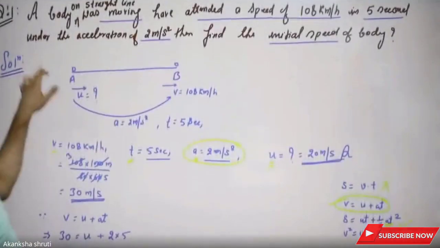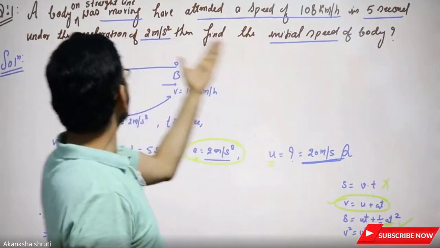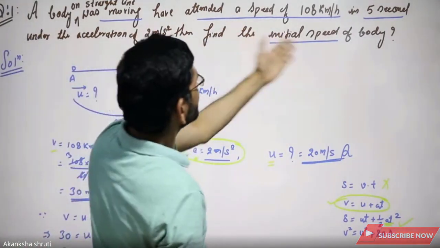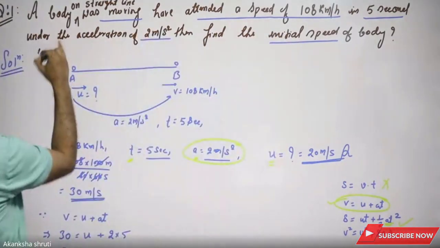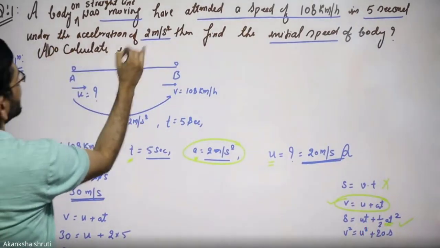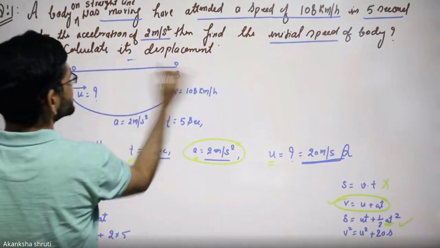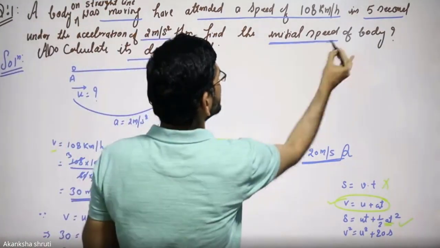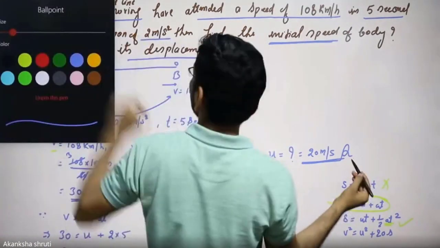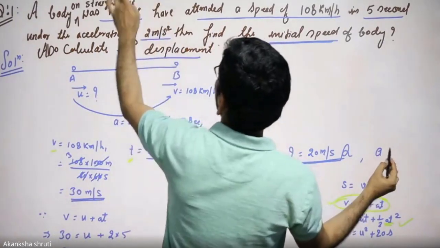Students, in the given question, we now have to calculate displacement also. Rather than writing it there, one may ask here, or written here also, to calculate its displacement. Meaning, in a single question, you may be asked for two unknowns. So the initial speed we had calculated, and the displacement is also asked here. So what is the displacement?